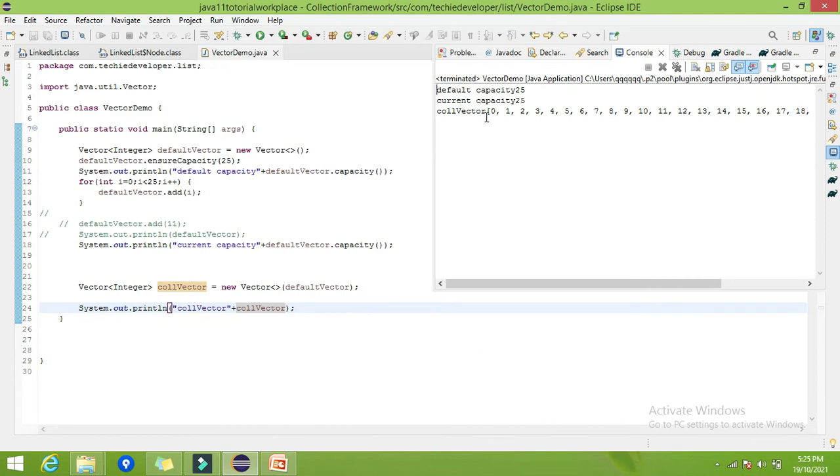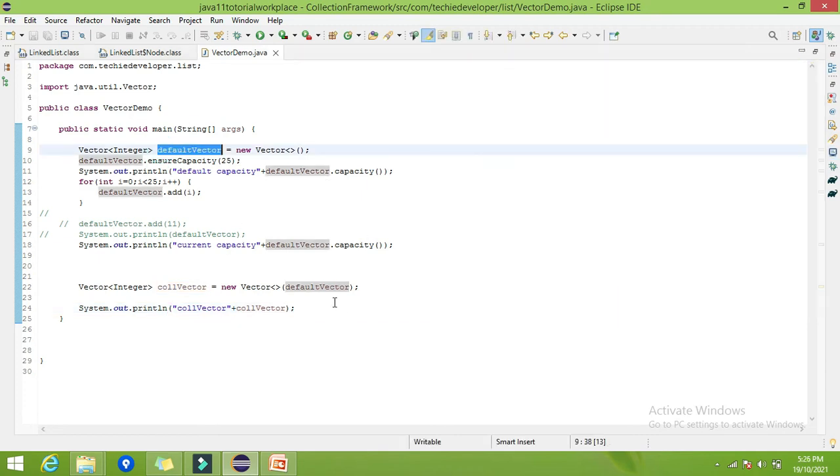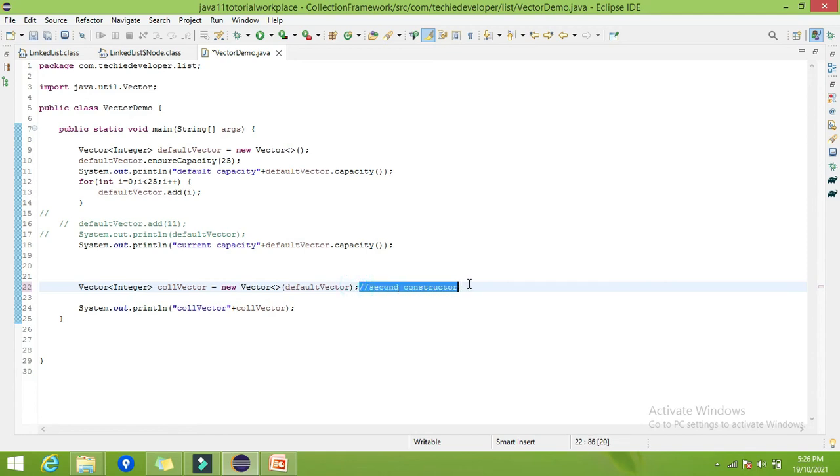So here you can find that in the collection vector we got all the elements whichever we have added into the default vector. So this is our second constructor, and this is our first constructor.